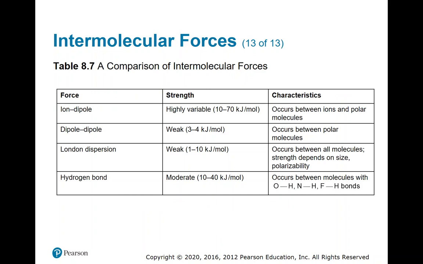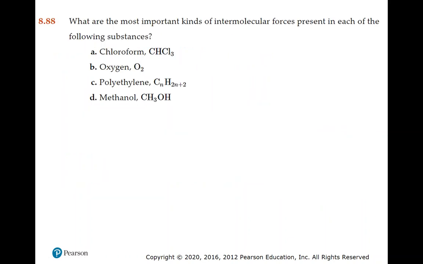So if we look at a comparison of some different intermolecular forces, again, we're not really going to talk about ion-dipole. If we compare the strengths, London dispersion and dipole-dipole interactions are relatively weak, and hydrogen bonds tend to be quite strong in comparison. So you can see the values in kilojoules per mole there and some of the characteristics that are summarized in this table. So what we're going to do next is move on to a few examples, and I got these